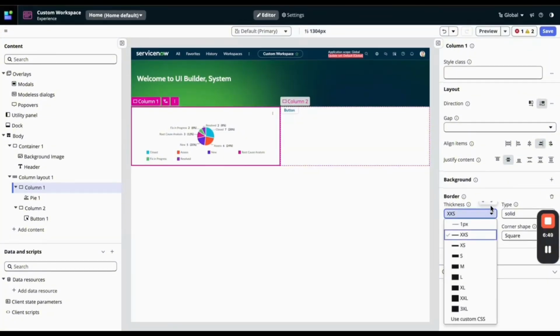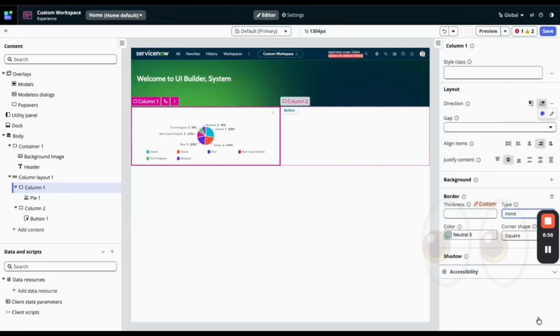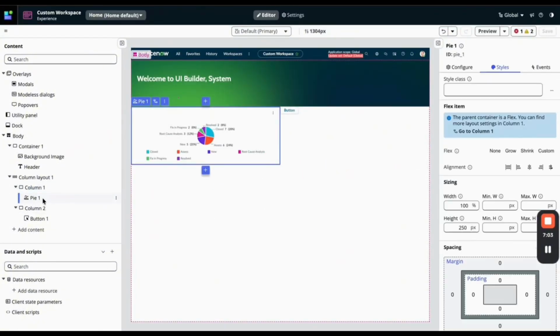And then on the border, I'm going to click on the border. I'm going to set my thickness to none and also my type to none as well. Once again, guys, just ignore this little thing right here. Okay, let's just pretend we don't see it. Then I'm going to save this and then go back to my pie chart